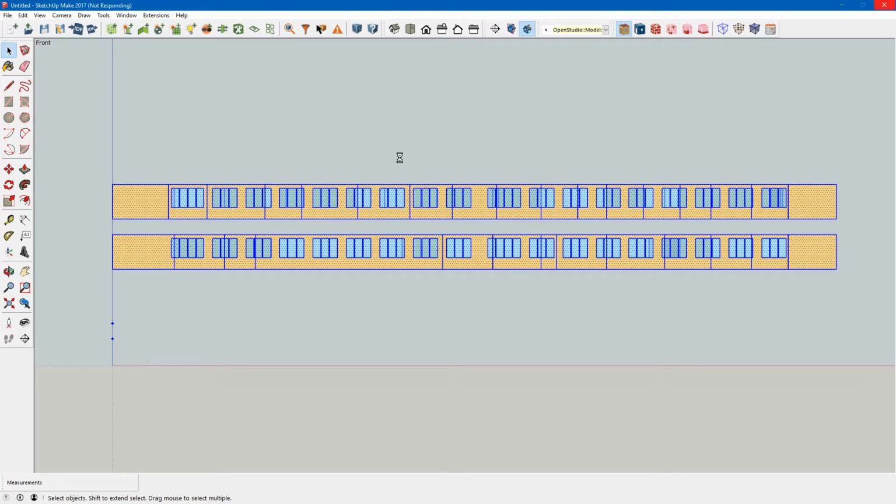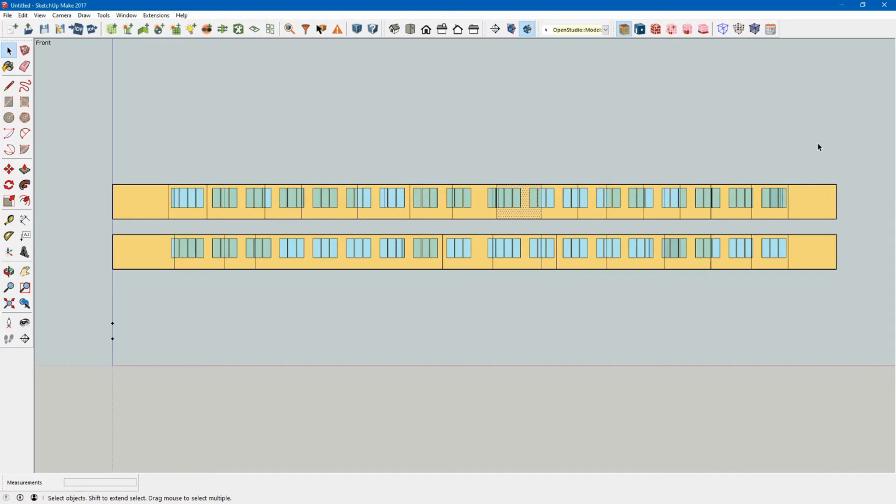So now it's no longer an OpenStudio model. All of these surfaces don't have any characteristics to them. They're just simple SketchUp surfaces, lines and vertices, and you can click on them. You can see that they're no longer associated with any spaces.